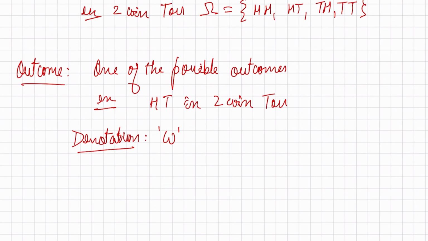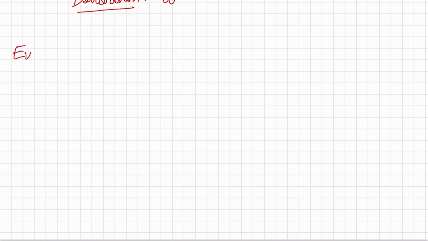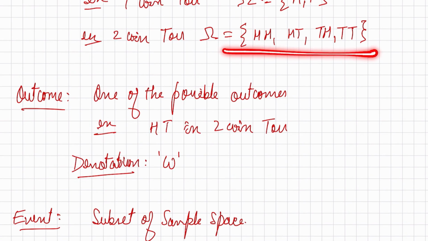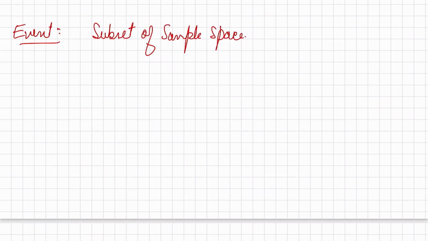So now let's move to the next definition, which is an event. An event is nothing but a subset of the sample space. Okay, so if you remember, the sample space in a two coin toss is like this, as we can see on the screen. And if you have a subset of these, this is a set and it has 4 elements. So you can find all the possible subsets, and any subset of this sample space is going to be an event. An example could be, say, I define an event A as obtaining